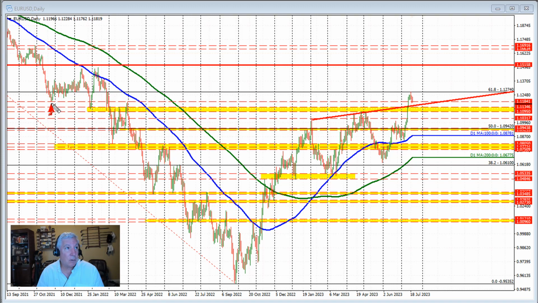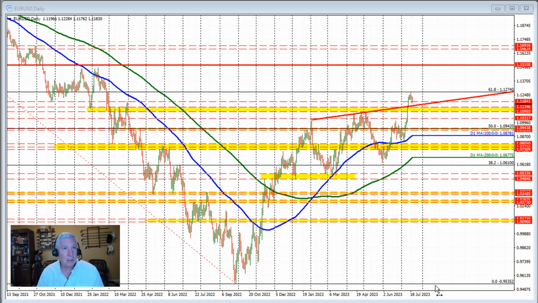1.11841 level. That level corresponded with this low right here. Then we had trading above and below it through here, and then we reestablished resistance against it right here before moving to the downside. In trading last week, the price moved above that level, and in trading yesterday, we actually moved a little bit below that level, but could not sustain the momentum and started to move back to the